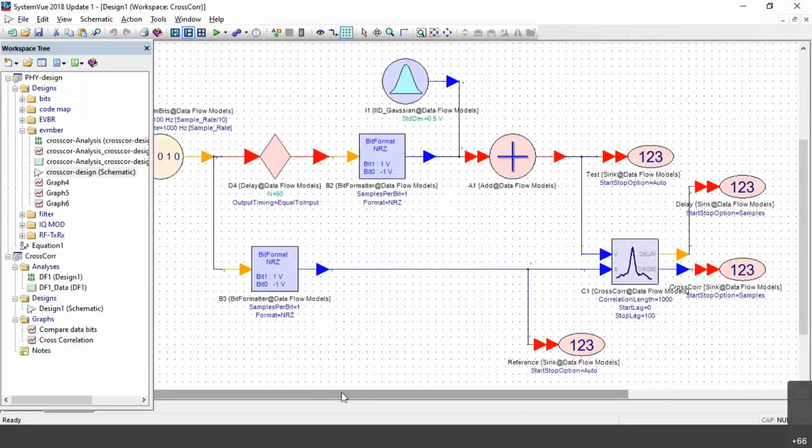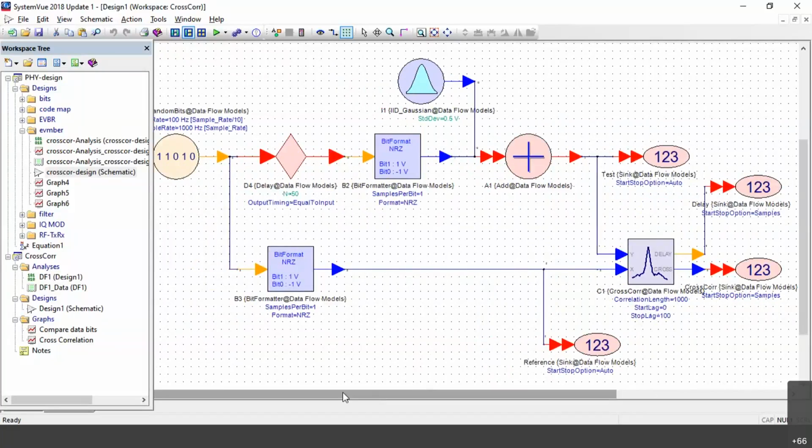See here. Already bits we have generated. Fine. Bits can be in the format of return to 0 or non-return to 0. This is another noise signal that you are going to add. That is a Gaussian signal that you are going to add. I showed you one example, right? Adding 3 signals. One is 2 sine signals and one is a Gaussian noise. So I'm going to take here the bit and then the Gaussian signal. Right? With this bit, we are showing a cross correlation, right? Cross correlation is what exactly is representing.